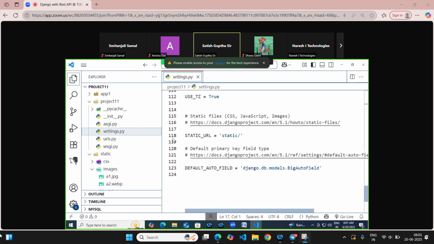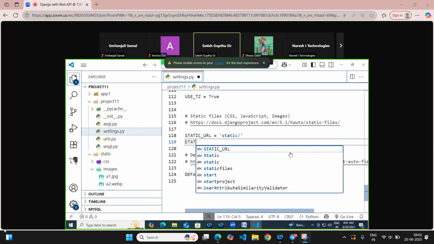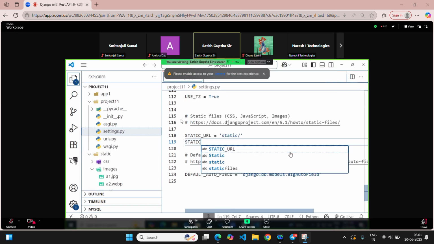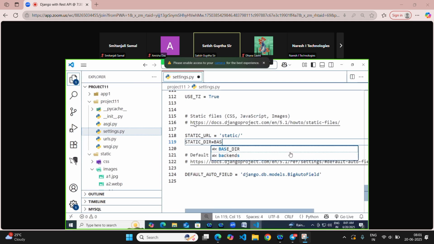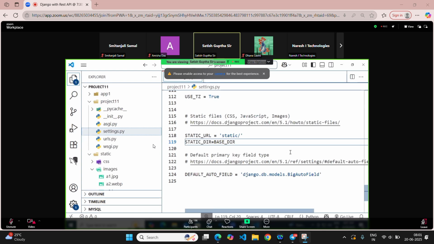So I come to this location, and here I'm saying STATIC_DIR. So what is the static dir here? I can write directly base directory slash base directory